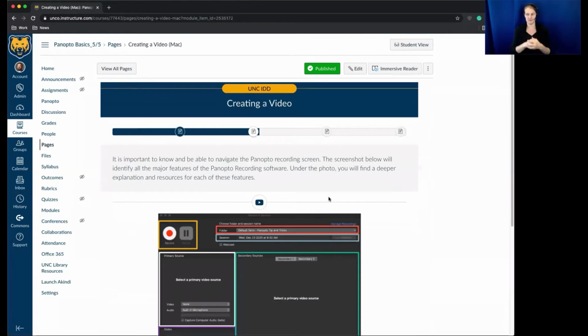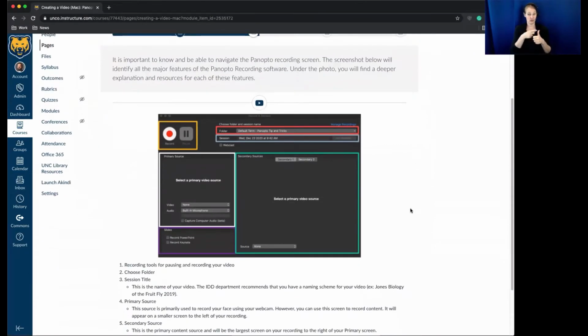So the very first one that I like to show is the Mac. I personally think the Mac screen looks a little bit easier. It has a little bit fewer options than the PC version, but they're relatively both the same and they have the same capabilities roughly. So in the upper left-hand corner, the first thing that you're going to see is record